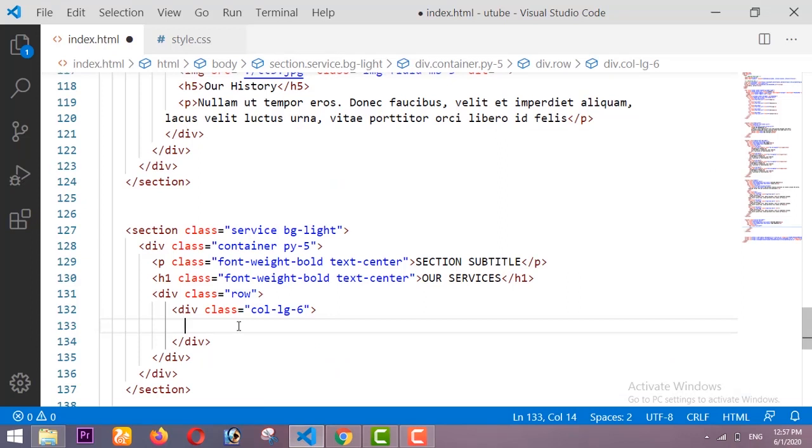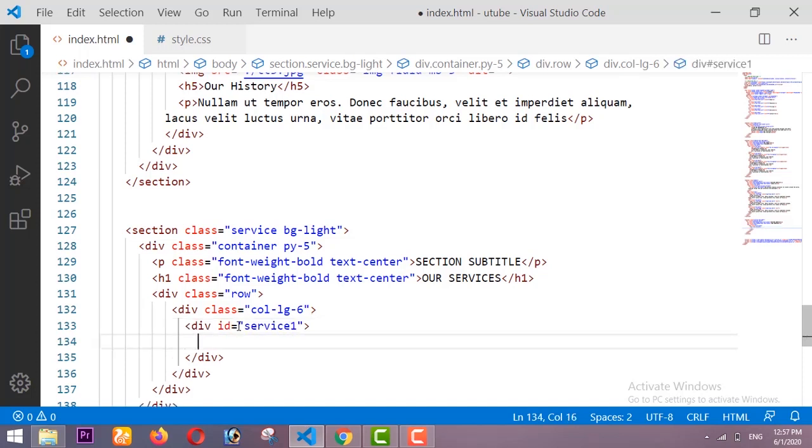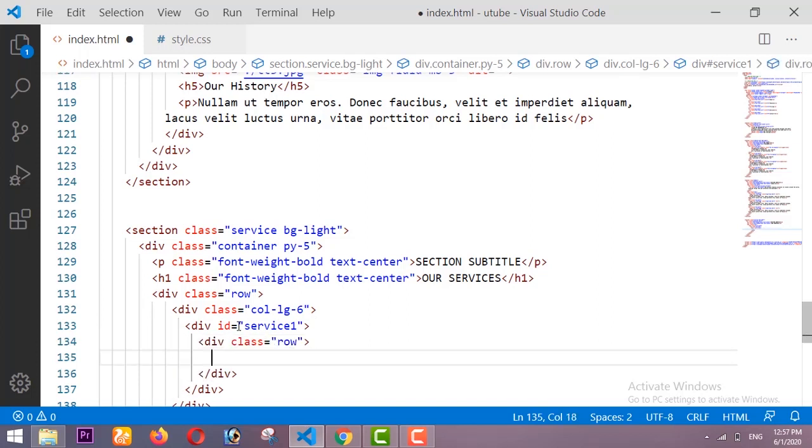Inside this 6 I am taking one div with the ID of service 1. Inside this div I am taking one row. Inside this row I am taking 2 columns, 3 for the icon,